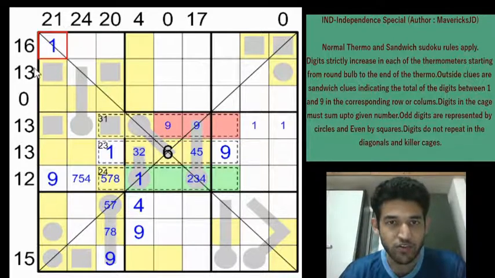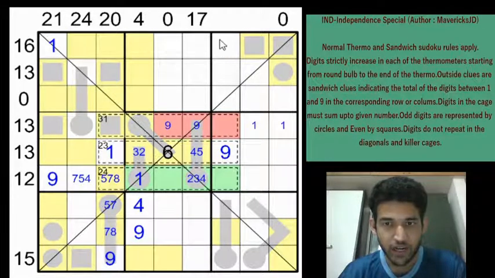And now the 16 clue can be made use of. So these 2 cells cannot be 9. So 9 must be in one of these 3 cells. And 9 cannot be here. So we can highlight that too. So 9 must either be in this cell or it is going to be in this cell. Can you have a 9 here? Yes, right? Because this will be a 1 and we can still satisfy the 13 total too and the 0 total as well.